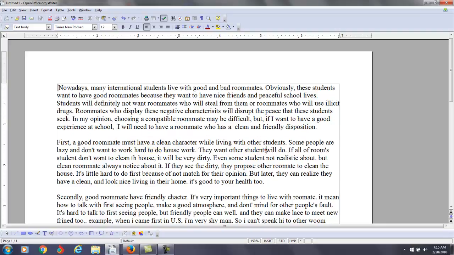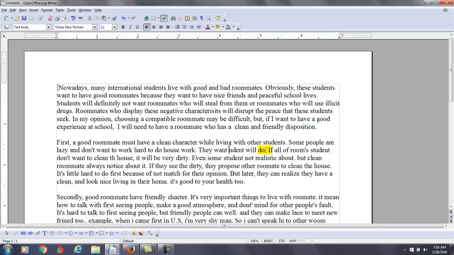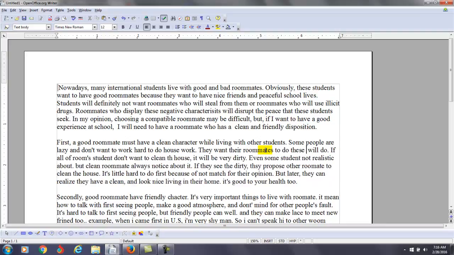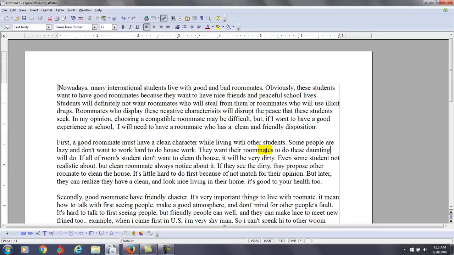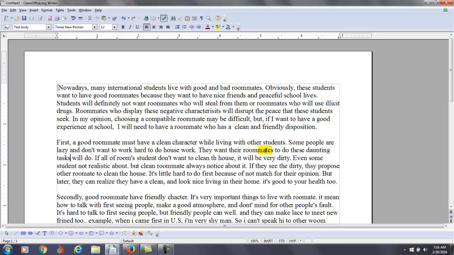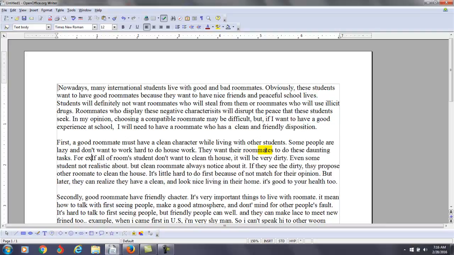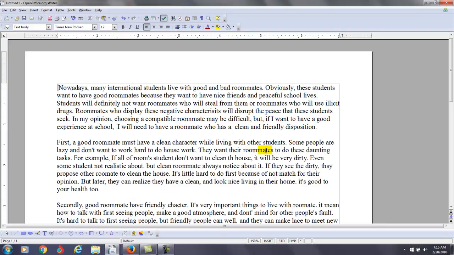They want their roommates to do these. I'm going to say daunting tasks. Just means something that you don't want to do. You just say this, for example. So use here, you need a more specific. So if